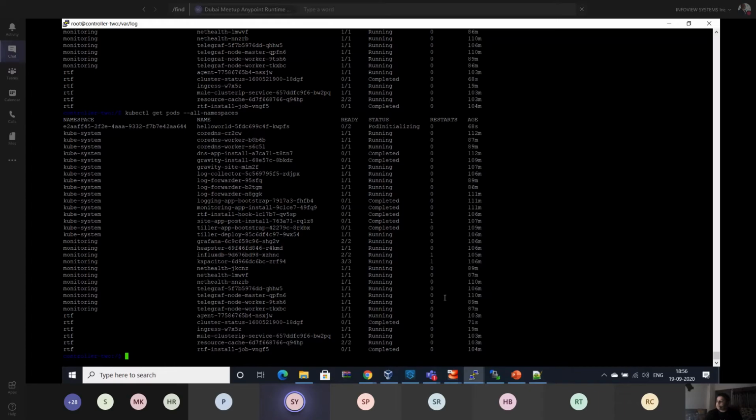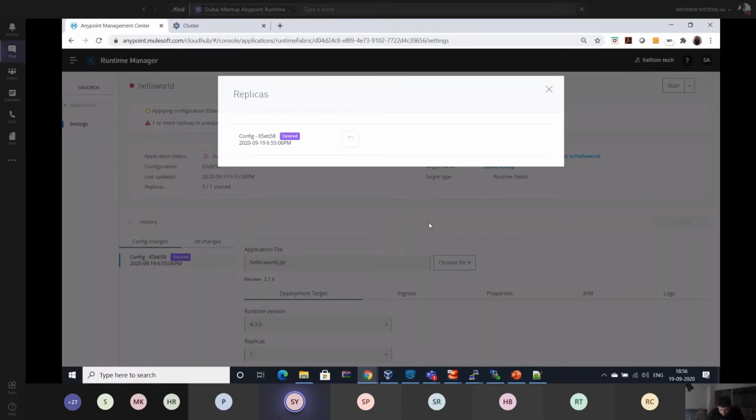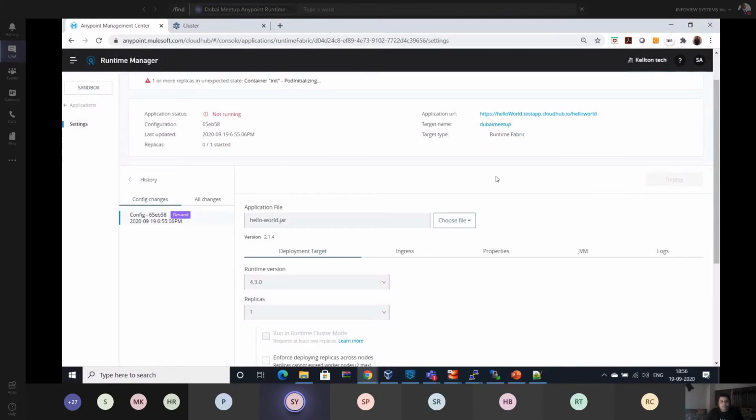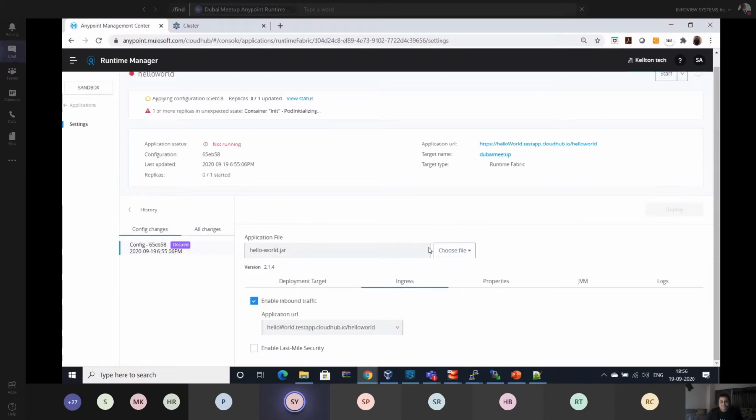A question. Yeah. This is Sridhar, by the way. When you showed that ingress component while you deploy the application, you had a reference to CloudHub.io. So I kind of missed the point. What is the purpose of CloudHub here? Oh no, this is just a URL. I mentioned that you can change anything, any URL. Okay, this URL, I have created the